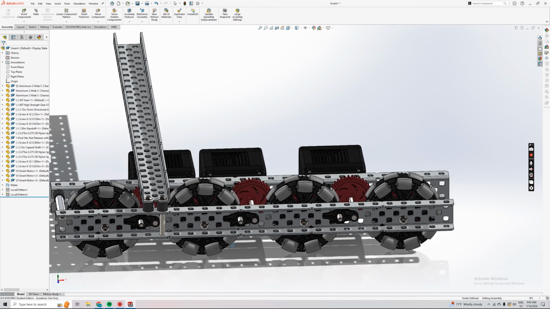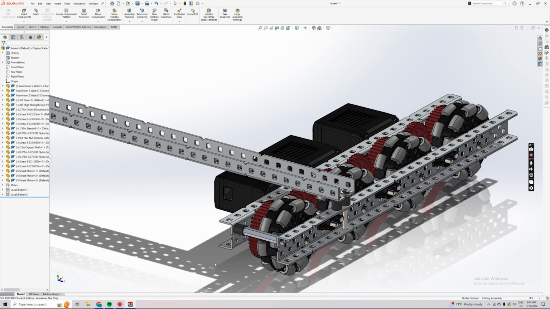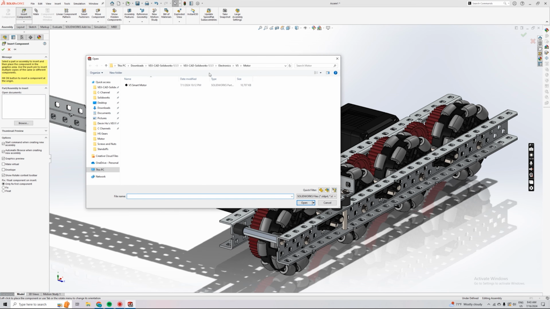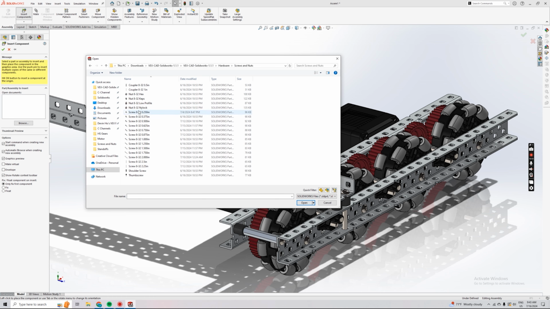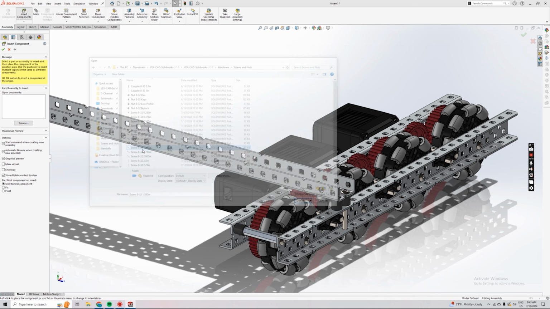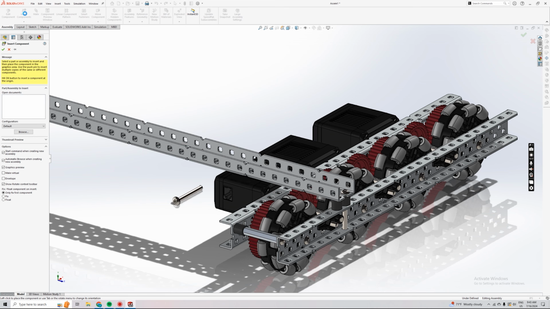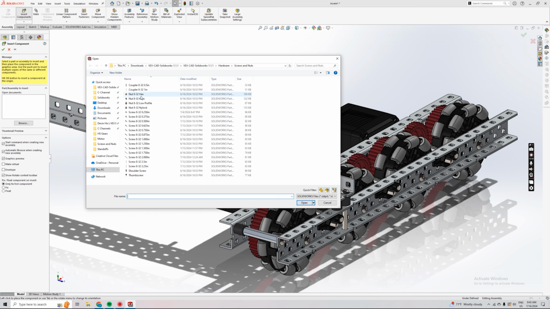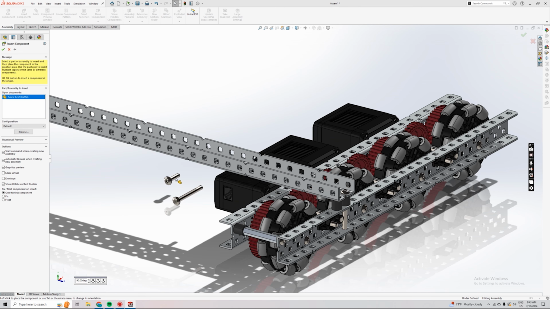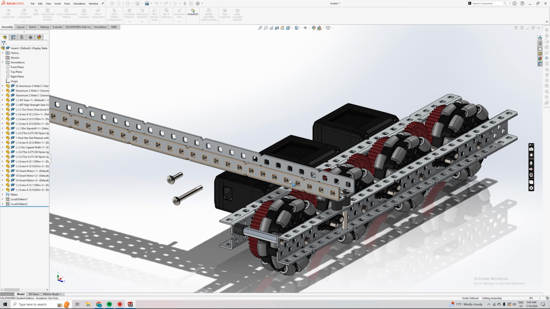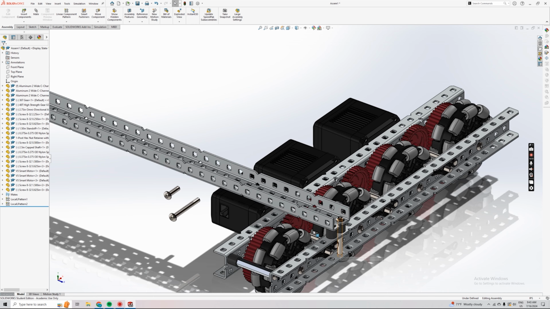another linear component pattern. Or actually, what we'll do first is insert these last 2 screws on the inside. So we'll go back to hardware, screws and nuts. We'll go to 1.5-inch screw and a 0.625-inch screw. And so basically the reason why we can't just copy this over is this boxed hole would